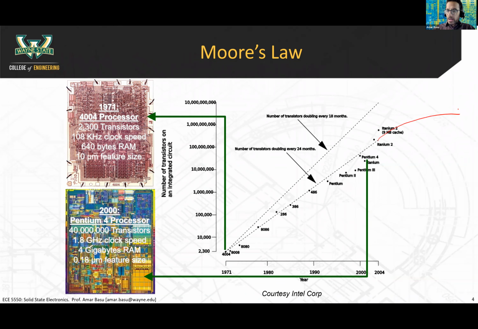As a reminder of what Moore's law was, this is a graph of the number of transistors on an integrated circuit, the number of transistors on a computer chip versus the year. And keep in mind that this is on a log scale. Gordon Moore predicted that roughly every generation we'd be able to double the number of transistors on a chip. He predicted that it would happen every 18 months and it ended up happening every 24 months. And so we enjoyed this